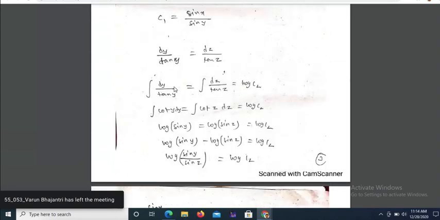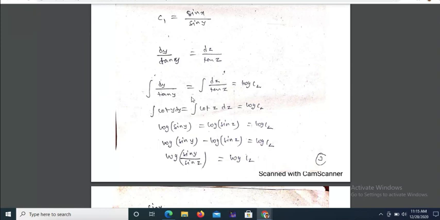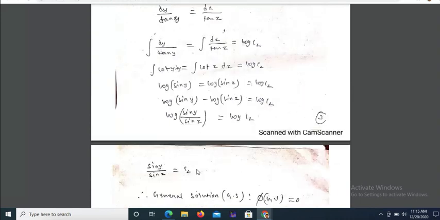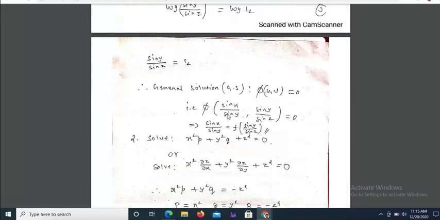See, I selected the second two terms now. dy by tan y equals dz by tan z. Integrate on both sides, so that integration of cot y dy equals integration of cot z dz plus log c2, that is better I think. On the left side, if you take the same, the log gets cancelled, and you get c2. Now I told you the general solution is phi of u, v equals 0. You got the constant values c1 and c2, so substitute them, that equals 0.